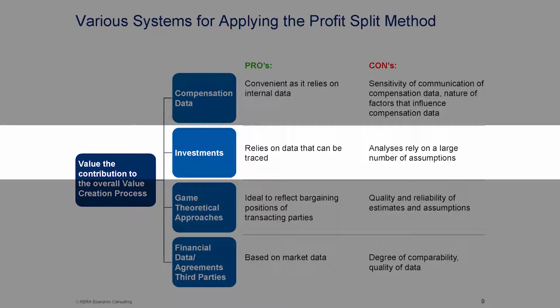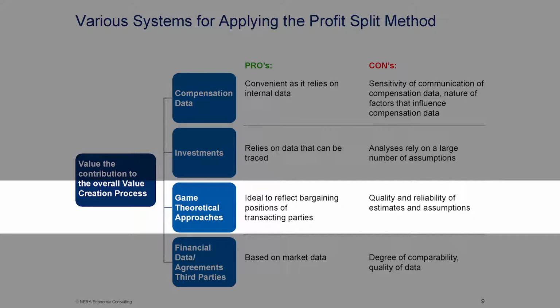It is a very unique and useful measure when your IP, or your intellectual property, is very much driven by people and the know-how of the people. Your next measure is potentially your investment-based factor or investment-based methodology. Here you typically use, you can think about, capitalized cost or asset-based methods. It tends to be internal data, so it's traceable. You do have certain issues in that you may have a number of assumptions around this, and you may have certain weaknesses within the data that you use for an investment-based approach.